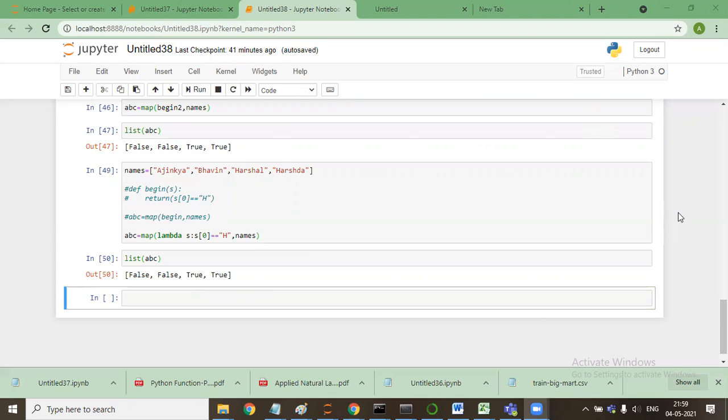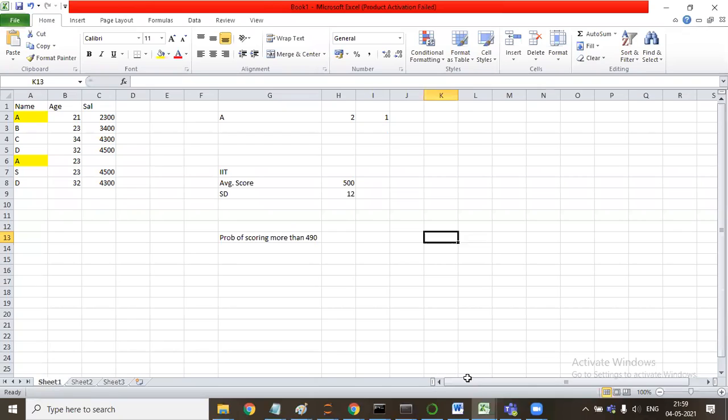If I'll say, I'll take a value, say we'll open an Excel, I'll write some names: Ashita, Himanshu, Sheetal, and say Akash.